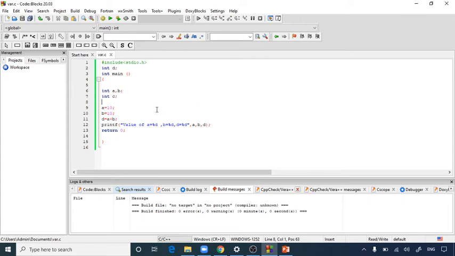But if a program has both global and local variables, then the value of the local variable inside the function takes preference.